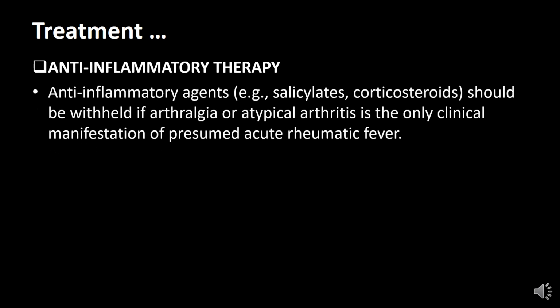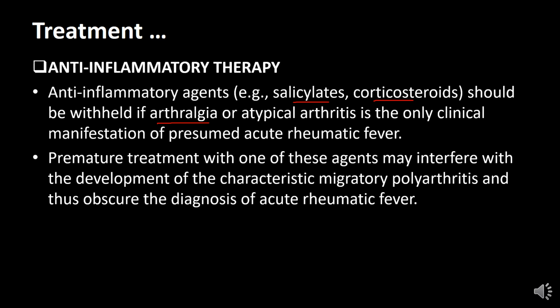Let's talk about anti-inflammatory therapy. Here we have two choices. For controlling the inflammation, you can use salicylates, which are very effective, or you can use corticosteroids. And we shall see in which cases you use which one. But we have said that salicylates and corticosteroids should not be given when you're just suspecting arthralgia. When you're just suspecting arthralgia, withhold salicylates and use alternative analgesia as you watch the progression and the behavior of the arthritis, if it meets the criteria for rheumatic fever.